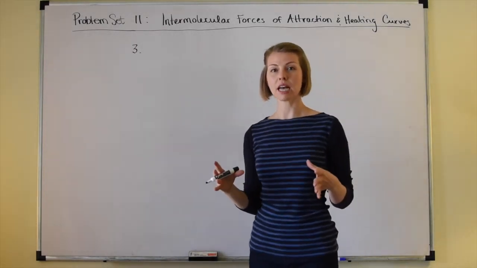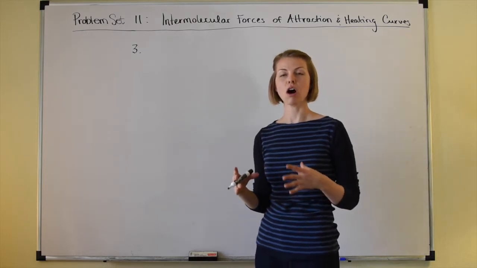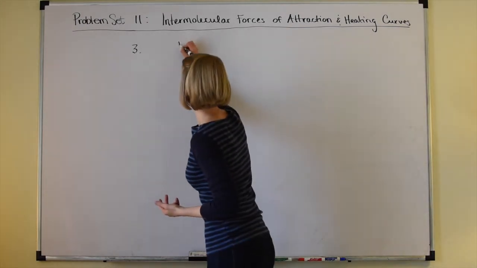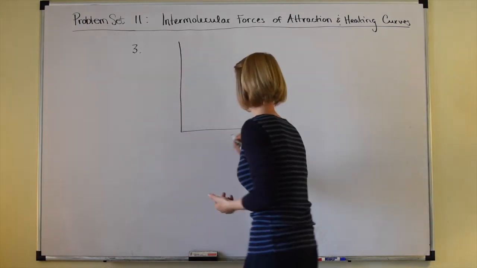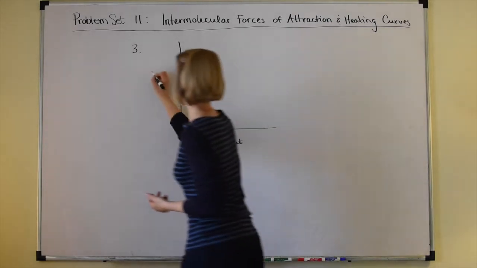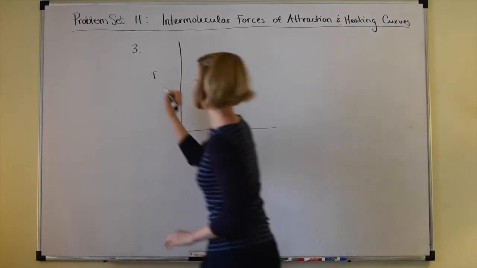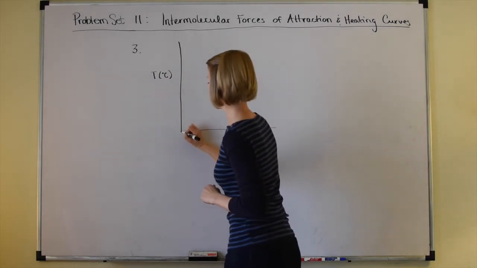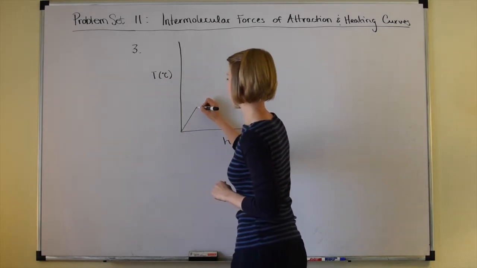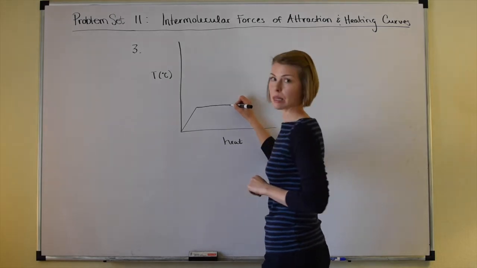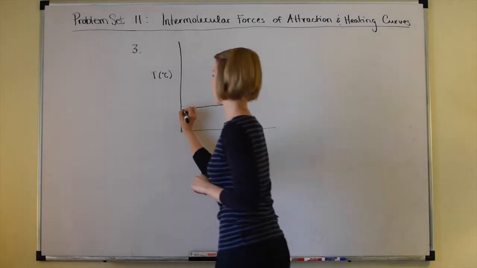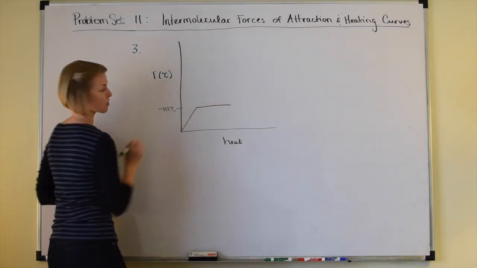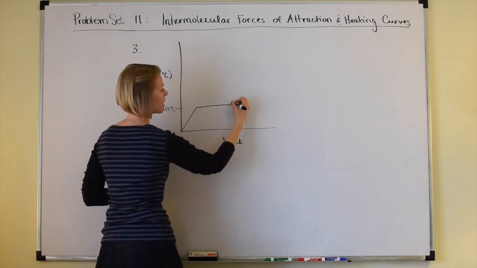So remember when we discussed heating curves in tutorial number 11, we said that they will always have the same general shape. That is, we're plotting heat versus the temperature, and we're given the temperatures in degrees Celsius, so we'll go ahead and put those in degrees Celsius. The general shape will always be a line followed by a plateau representing the melting point of the substance. So I'm going to go ahead and label this as the negative 117 degrees Celsius,